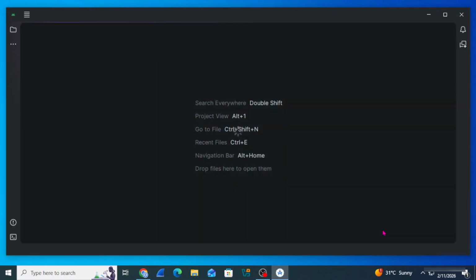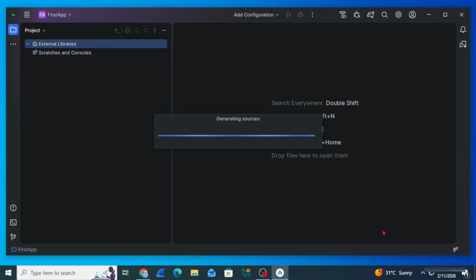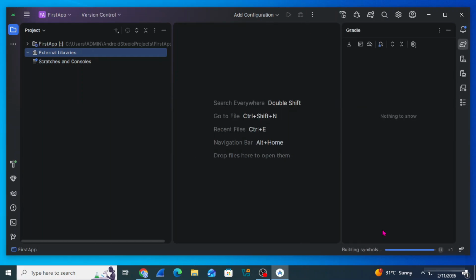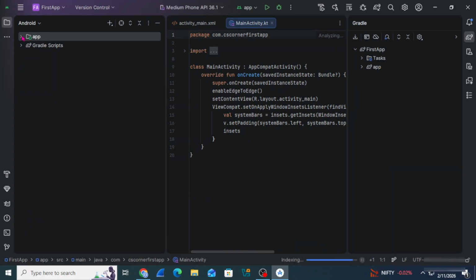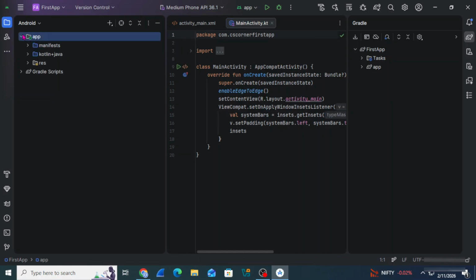So now here you can see my Android Studio has been started. It is asking me some permission. I'm going to click on this allow access. And guys, now here you have to wait. Okay, so let it complete entire process, then we will start building our project and writing our code, because otherwise what will happen, you will not get your proper output. Some of the error will come. So let it complete. Okay guys, so my process is completed.